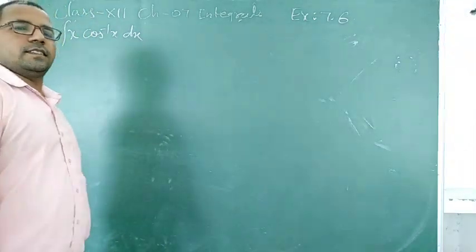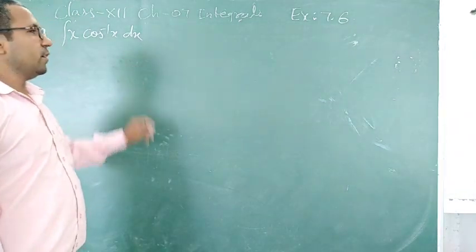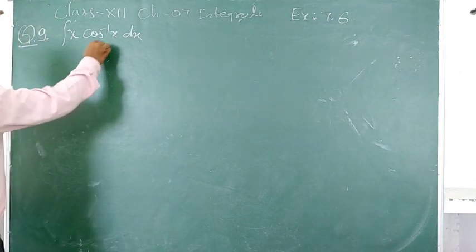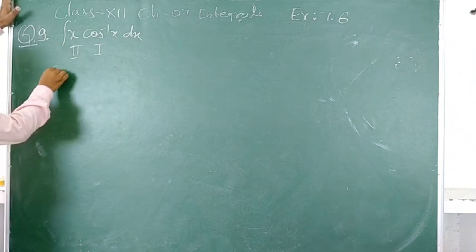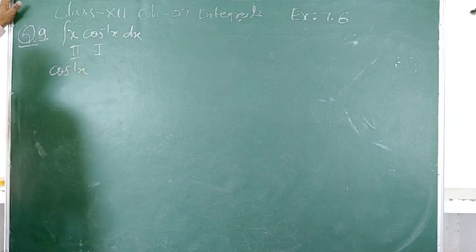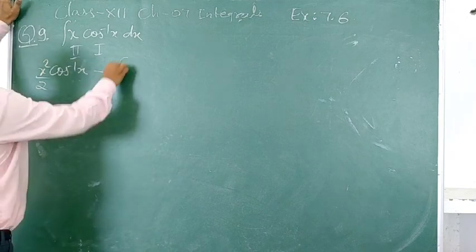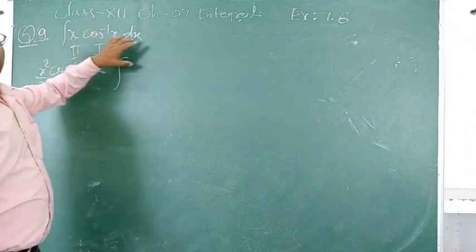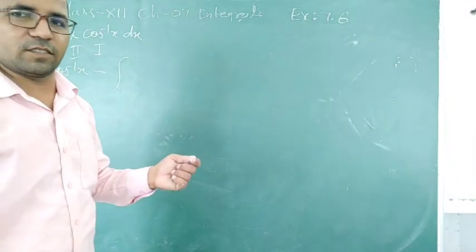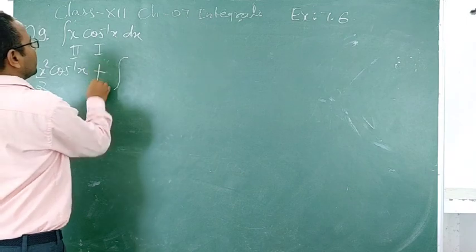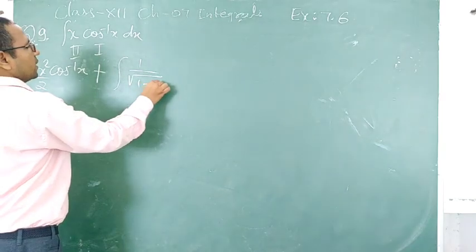So now students, let's see question number 9. Again we are getting it in that form only. So we will take this as the first function and this one as the second function. First function, that is cos inverse x, integral of second function, that is x square by 2, minus integral of first function's differentiation. Sin inverse x differentiation is minus 1 upon root 1 minus x square. So minus and minus will give you plus, 1 upon root 1 minus x square.